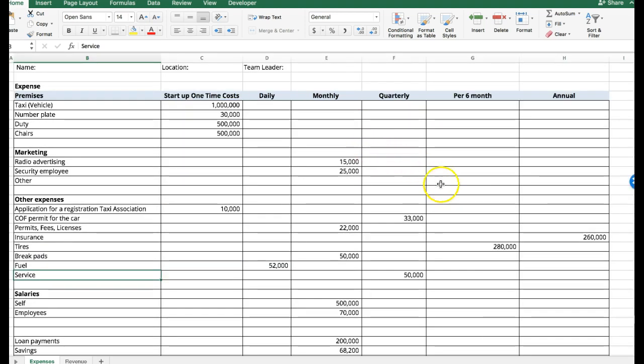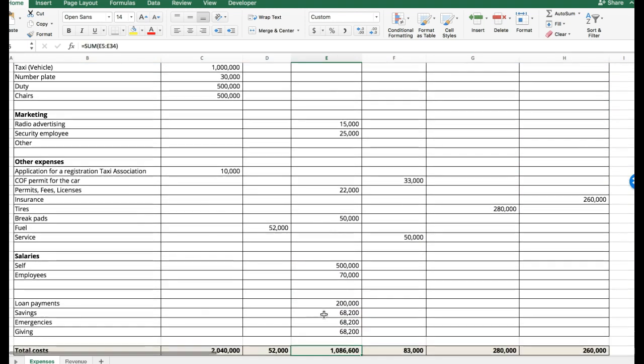This is an example of a taxi business. These numbers are not real, but it will give you an idea. So there is a one-time cost of a vehicle, number plate, duty. We need to input some chairs. Then there are other expenses. There's marketing expense on a monthly basis, on a daily basis, on a quarterly, and per 6 months, and annual cost. So here what we do, we determine loan payments, but here we have savings is 10% of